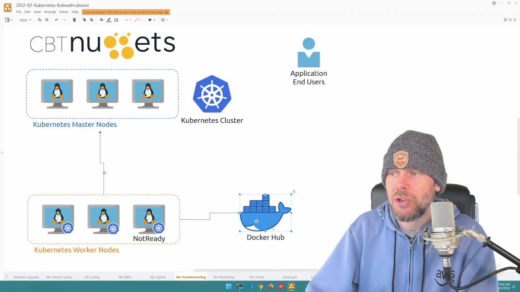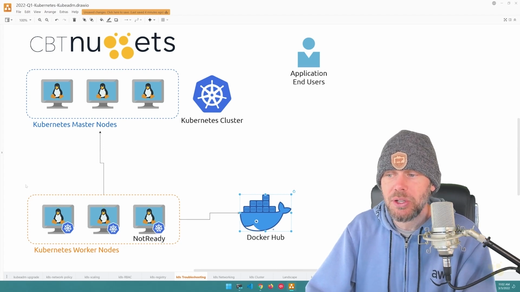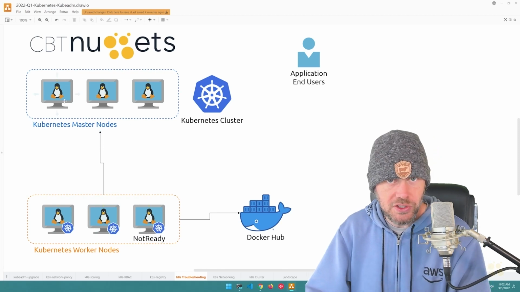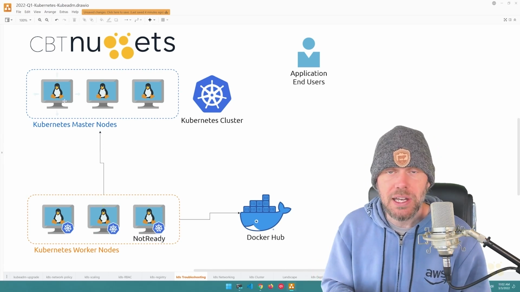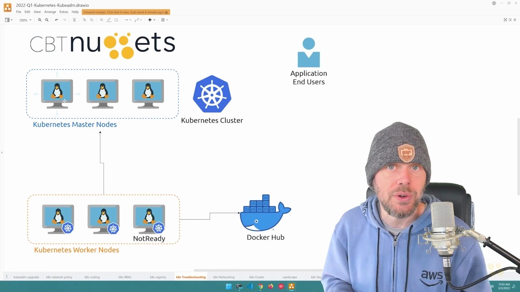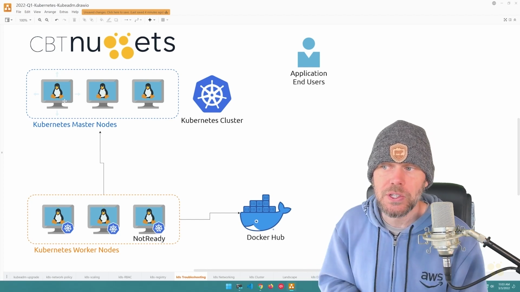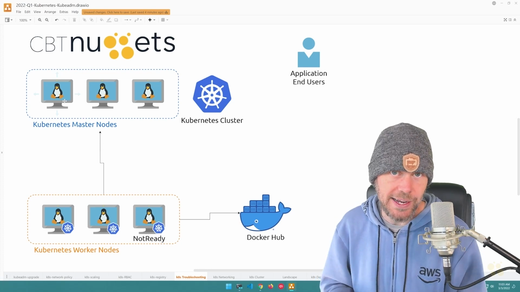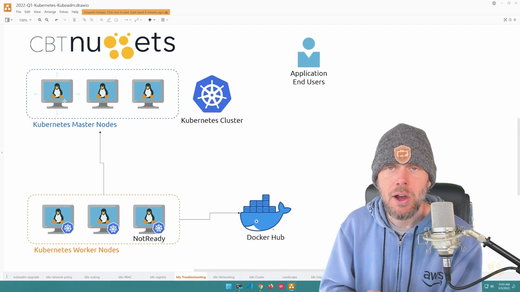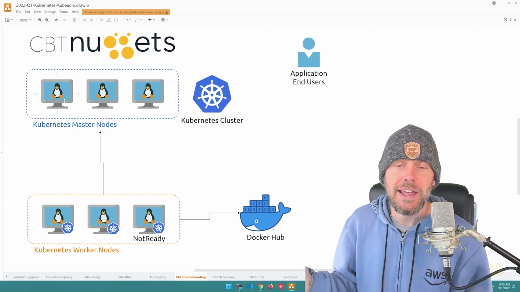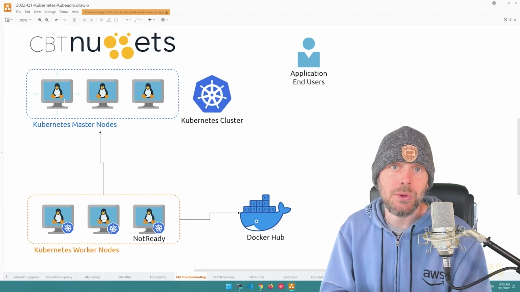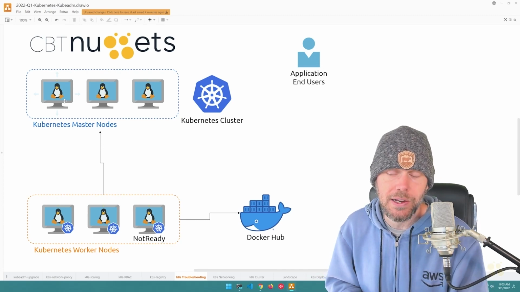Another potential issue that you could have at the network layer is the inability for your worker nodes down here to communicate with your master nodes. And that could happen, again, from a layer 3 perspective where maybe the worker nodes don't have a valid route to get over to the network where the master nodes reside. It's entirely possible for you to have your master nodes and your worker nodes on completely different networks, and it's incumbent upon you as a network administrator, perhaps, to configure the routes to ensure that you do have IP connectivity